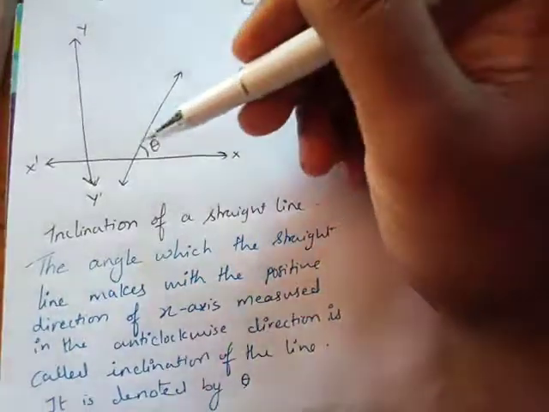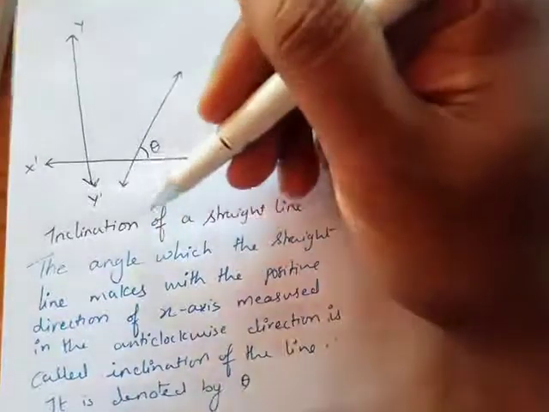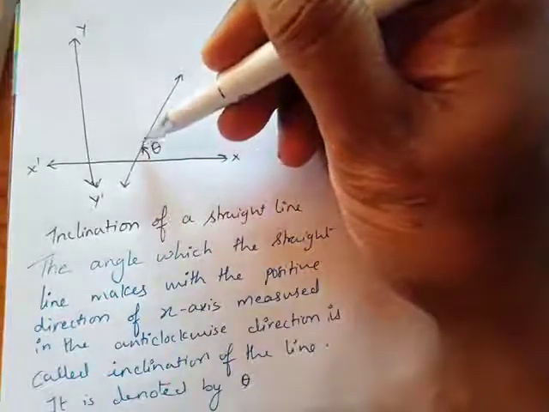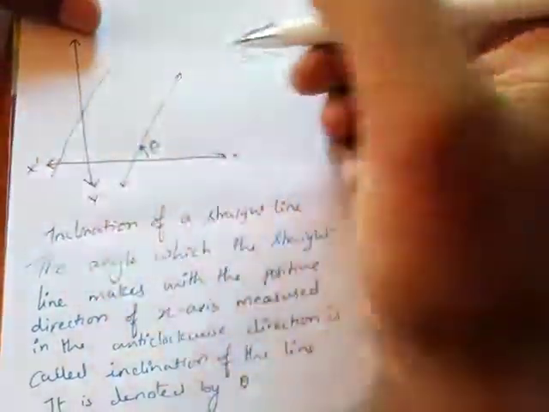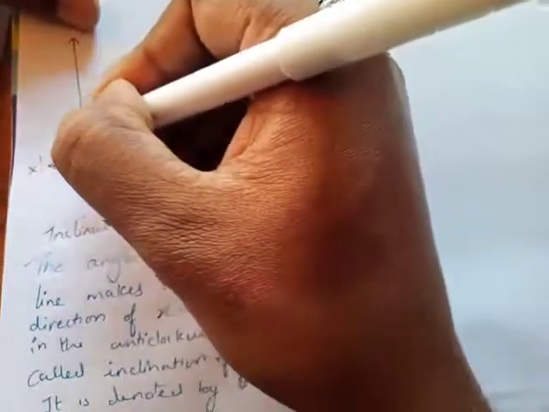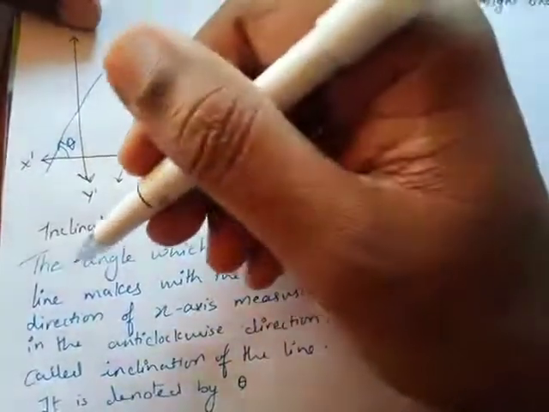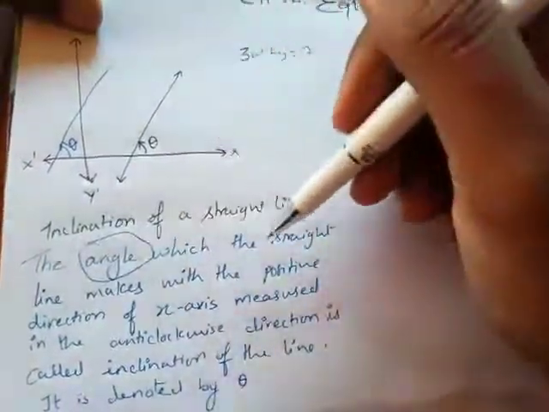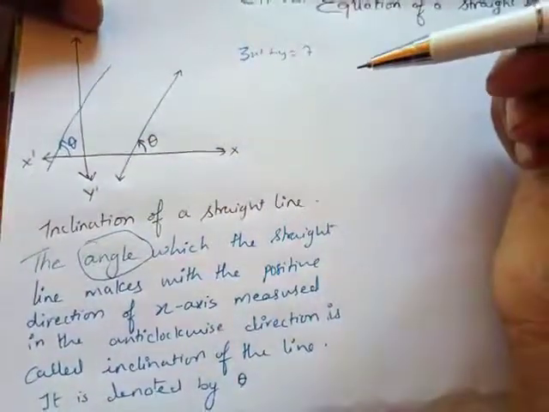So what is the inclination of a point or a line? This theta is the inclination. Inclination is the angle made between the given line and the x-axis in the positive direction. Even if a line is going like this, the angle that it will be making is anti-clockwise from this, going towards the positive direction of x-axis from here to here. So this is the inclination. Basically inclination is the angle which the straight line makes with the positive direction of x-axis, and it is denoted by theta.